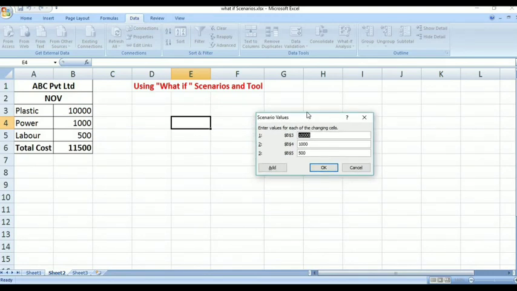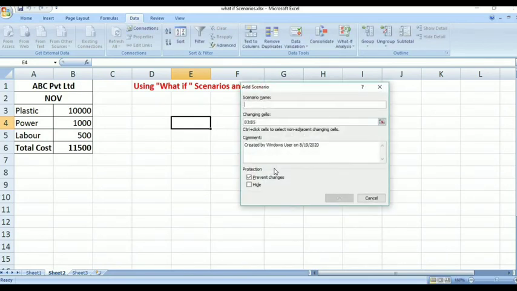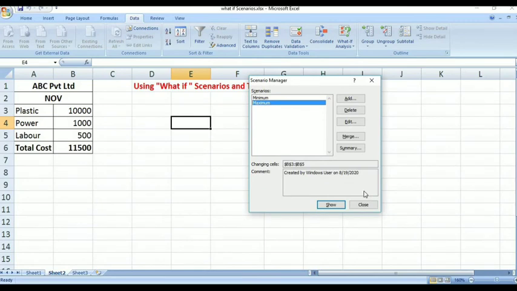Here you have to write the maximum values. Now I am writing the maximum value 12,000 for the plastic, 1200 for power, and the amount of labor may be 600. Then click on the add button. Now two are added. Okay, then click on cancel.